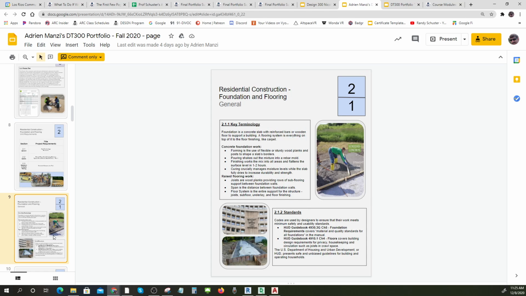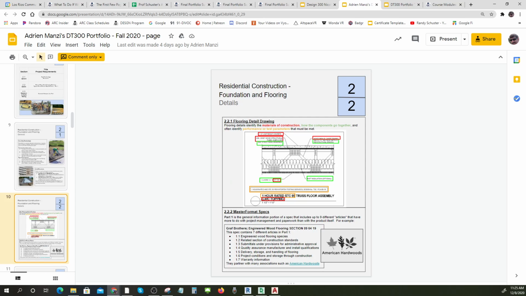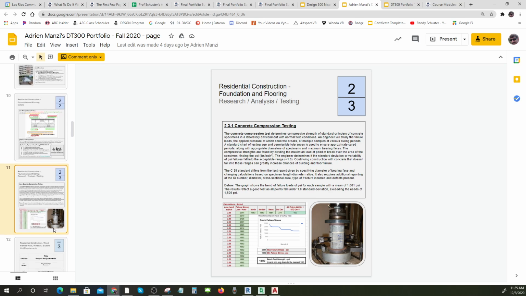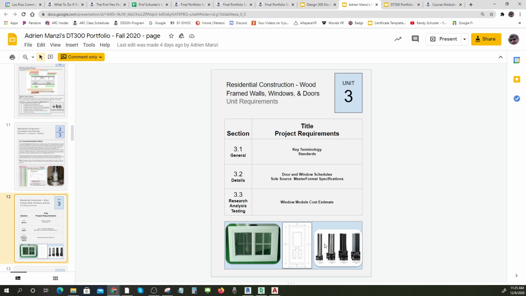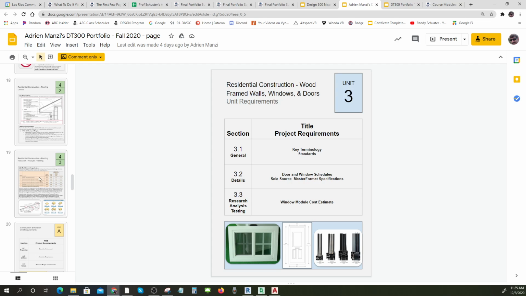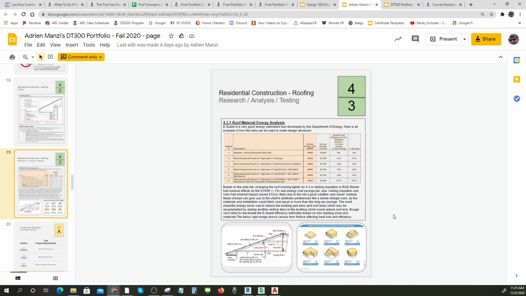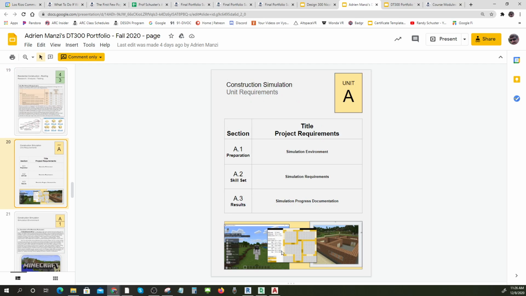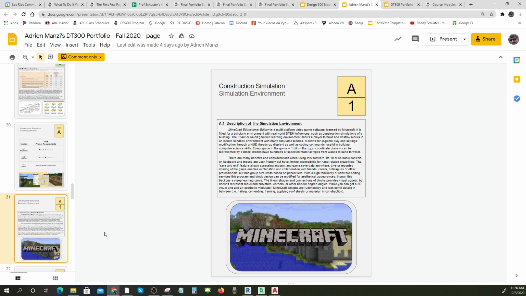Same thing, 3 images, same type of design. Also looks very good. This one is nice because it does give the sample, the example of what was being used. Well done all the way across the board. Again, 3 images. Now these ones, what Adrian decided to do is just get rid of those sections, which you can also do. You can see 5, 6, 7, and 8 are gone